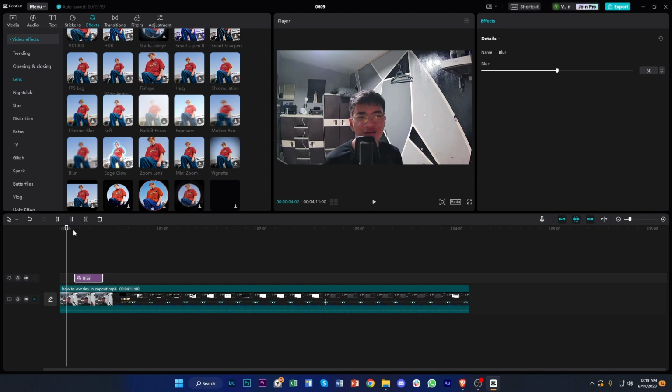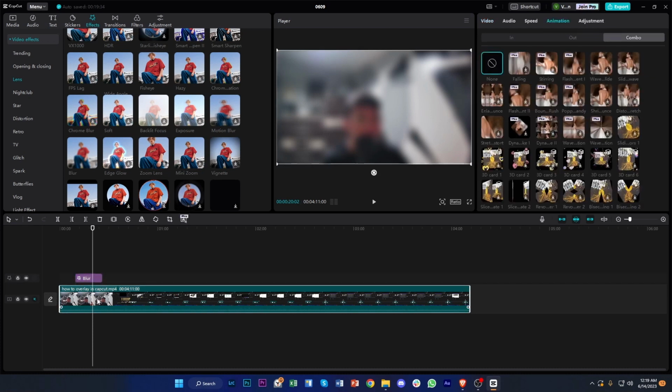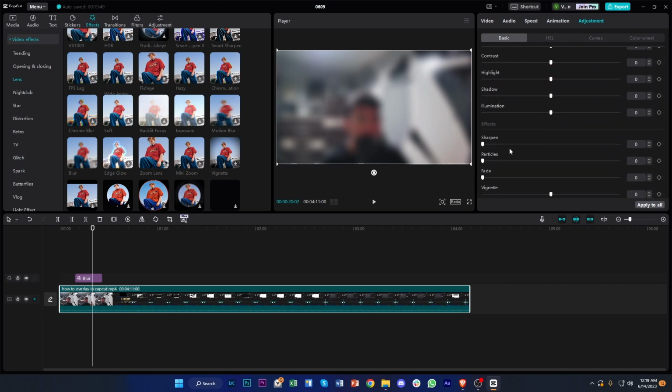As you see, once we play through the video, it is only going to be applied as soon as this effect starts, and blur. There you go. But of course, our problem here now is the blur is going to be applied to basically the whole screen. So how do you only add it to your face? So what we could do, of course, once we are already on here, is to go ahead and